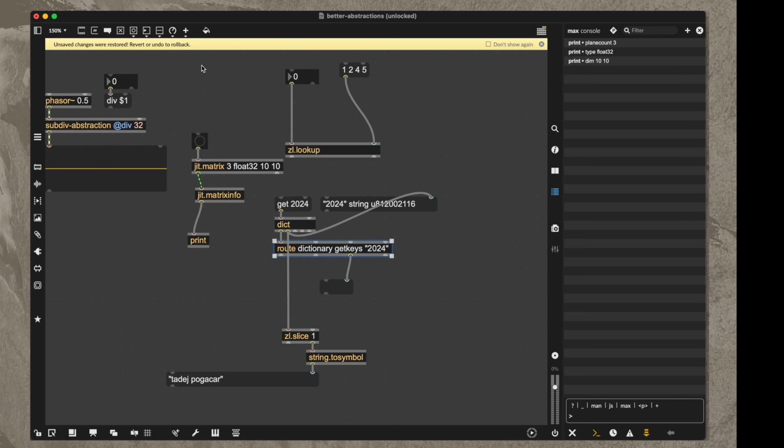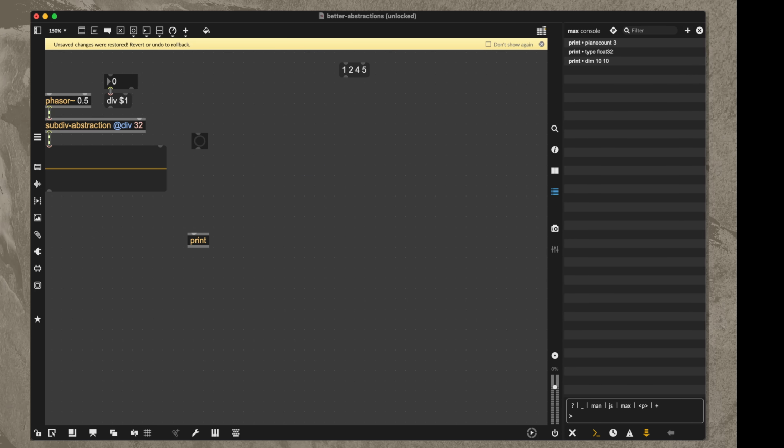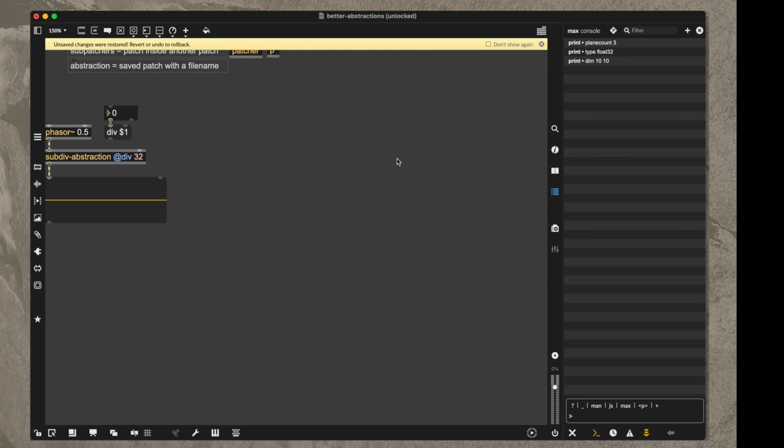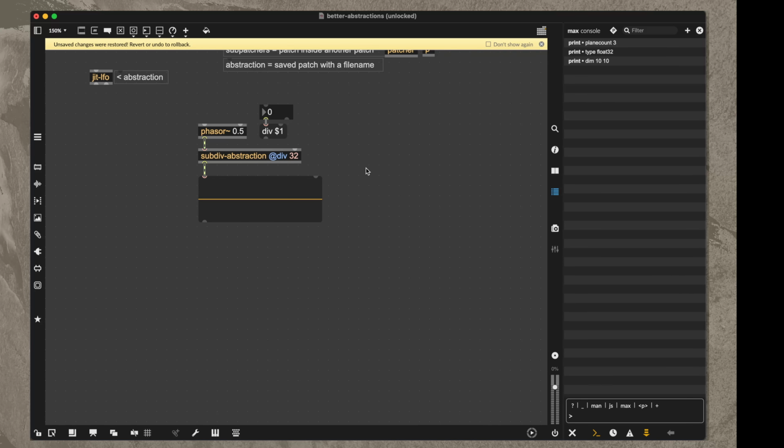And then, of course, the final rule always with outlets is you want to follow the right to left order that we have inside of Max. So you don't typically, under any circumstances, want to have, if multiple outlets are going to produce an output at the same time or in response to the same event, you want to have the outlets on the right produce their output before the ones to the left. And if we look at the JIT LFO,